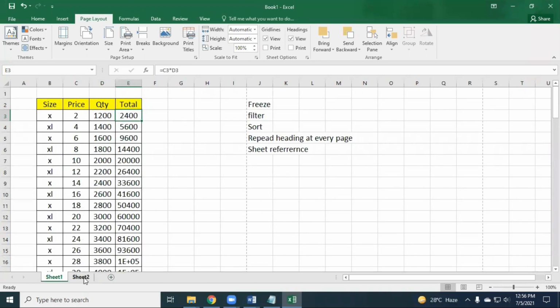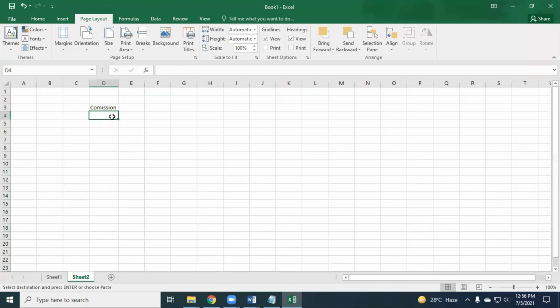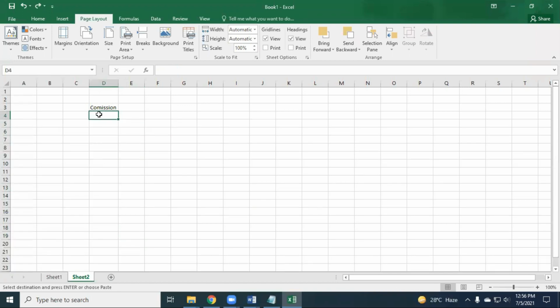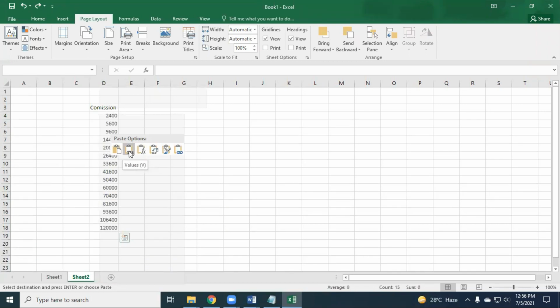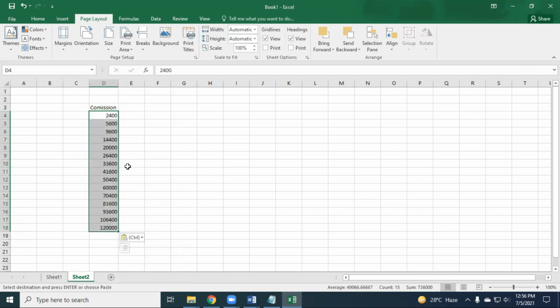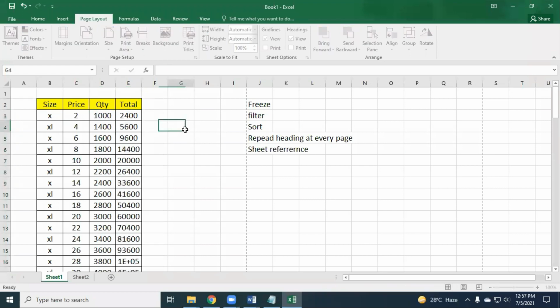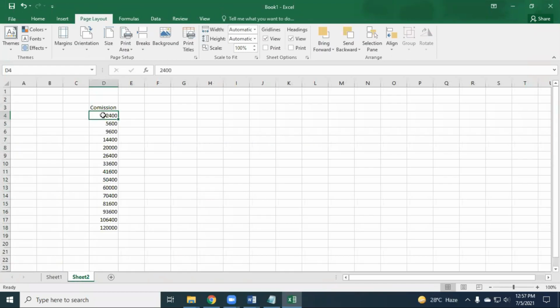What you can do is copy and paste, or just copy the value, Control C, then paste here. So it's different. Whenever you are copying and pasting values, if there is any formula, there is an option on right click: this is values, this is only function. In that case you have to click on values. The problem is, see example, 10% is 2400. Now if you change the value here to 1000, the problem is it will not change in the second sheet.